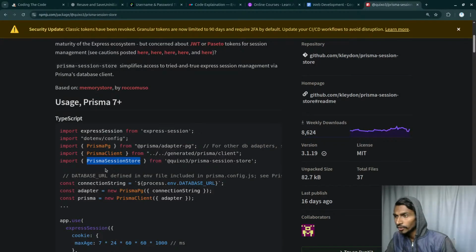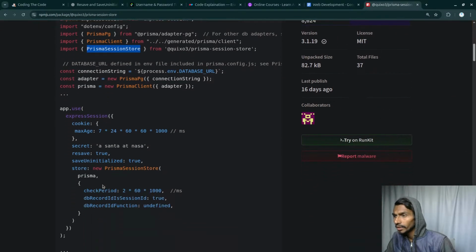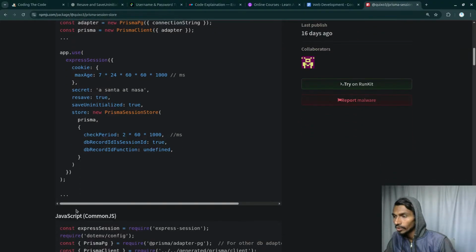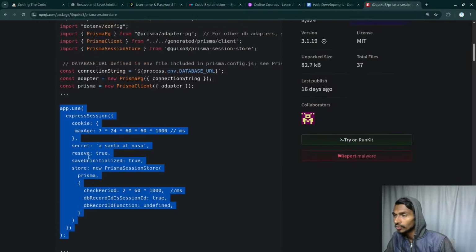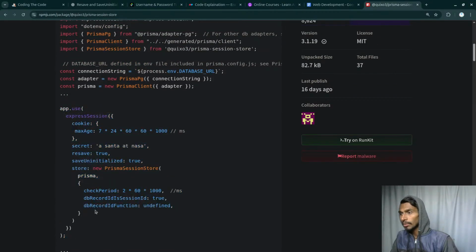This is kind of the class, and then they are simply initializing that class over here, giving it some values like Prisma and some other things. Check period, dbRecordIdIsSessionId true, dbRecordIdFunction undefined. What is the use of these? I will be knowing it. I have to know it right now, but I'll be knowing it. Tell me about checkPeriod, db, these things,